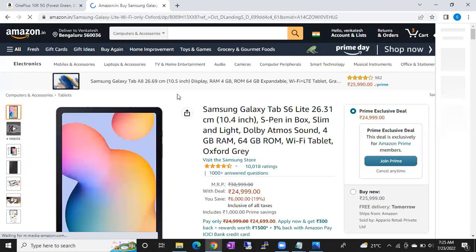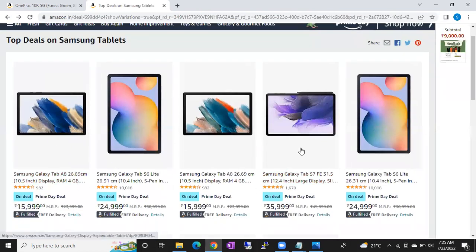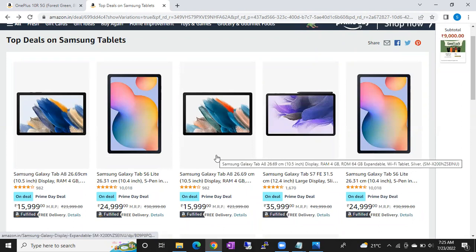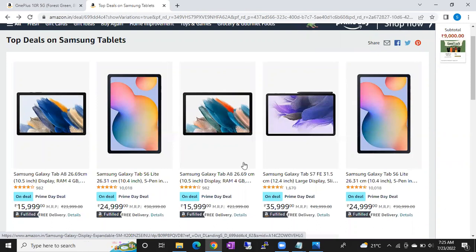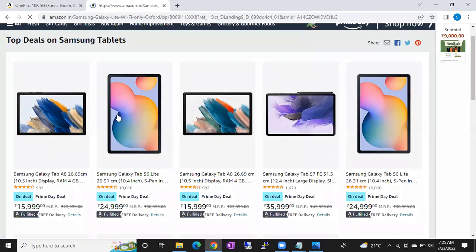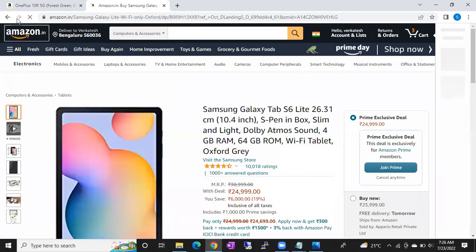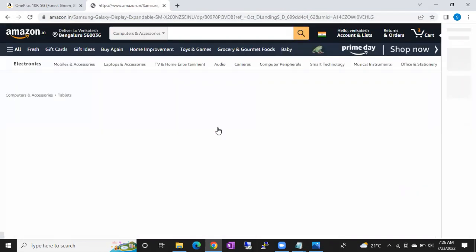When I click on this product, I see a list of tabs. I have Samsung tabs, and in the Samsung range there are lots of different variants. This is the S6, this is the A8 tab. If I click on this, I get S6 tab information; if I click on this, I get A8 tab information.